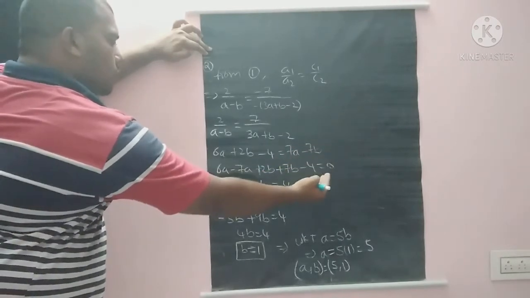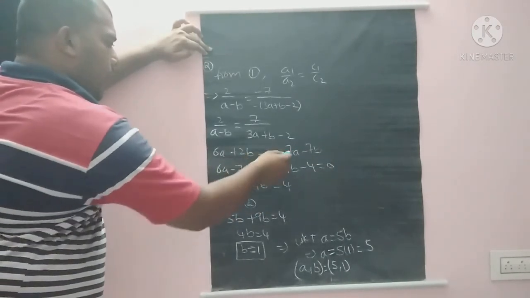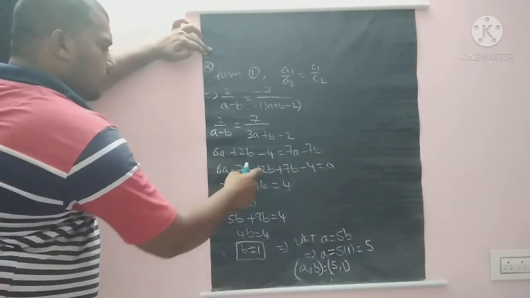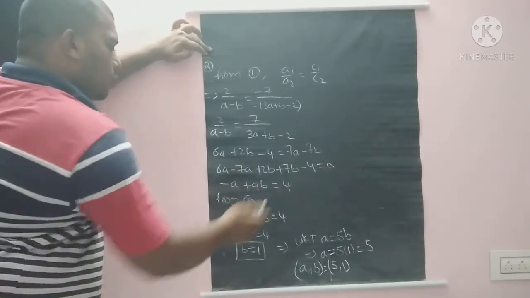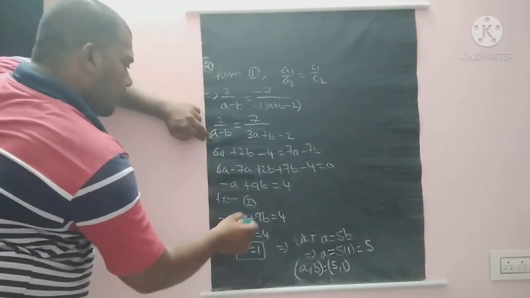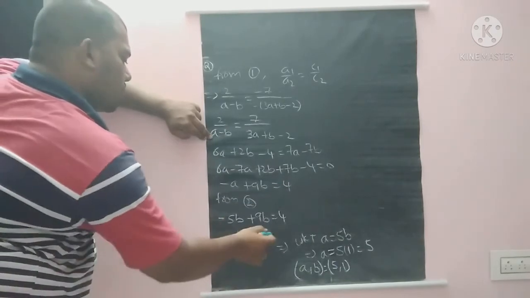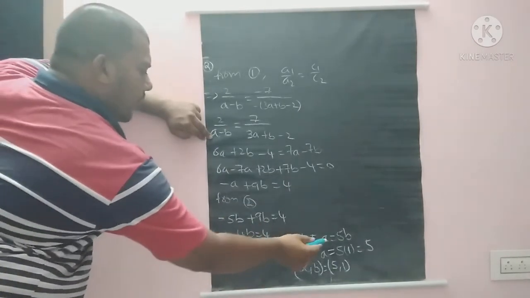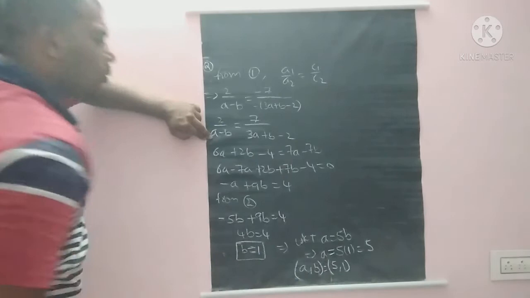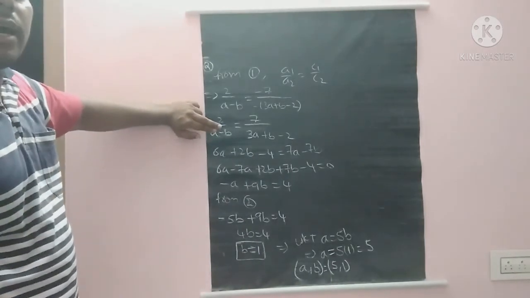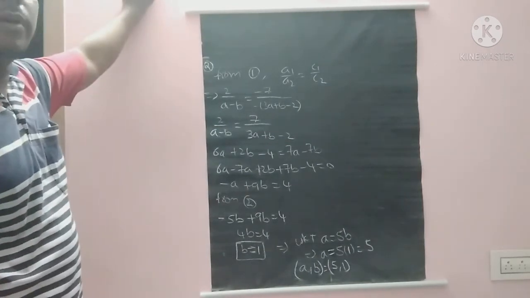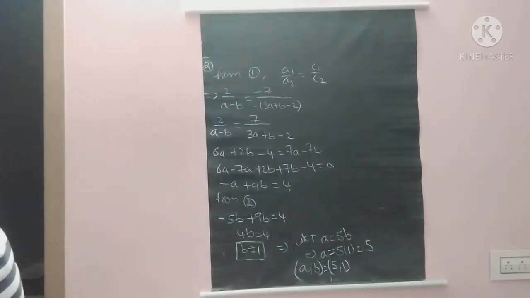On transposing all the terms to the LHS, 6a minus 7a, 2b plus 7b, minus 4. So minus a plus 9b equals to 4. We already got a equals 5b from equation 2. So minus 5b plus 9b is equals to 4, 4b is equals to 4, b is equals to 1. We know that a is equals to 5b, so a is equals to 5 into 1, that is 5. So (a, b) is equals to (5, 1). For these values of a and b, the given pair of linear equations will become coincident lines. That means there are infinite solutions.